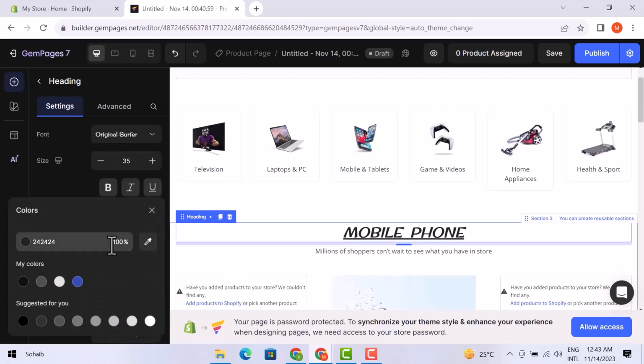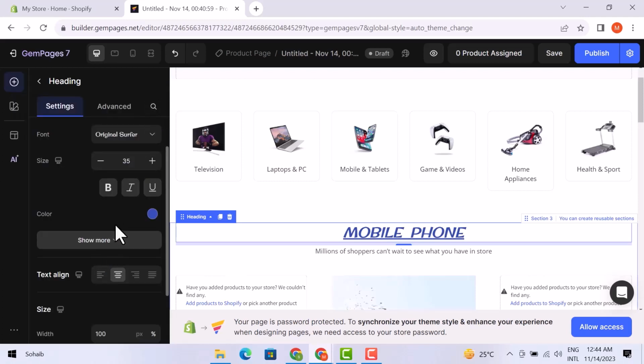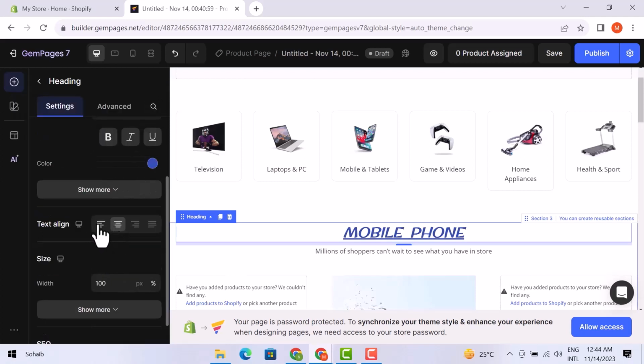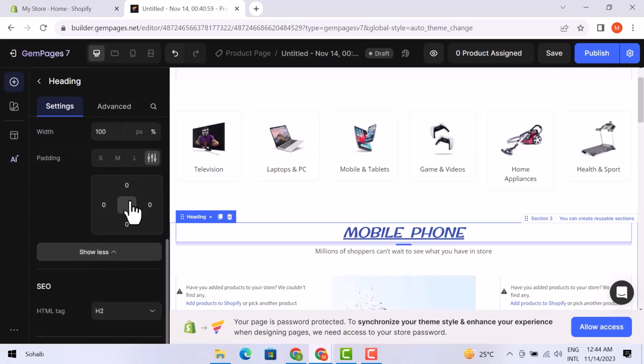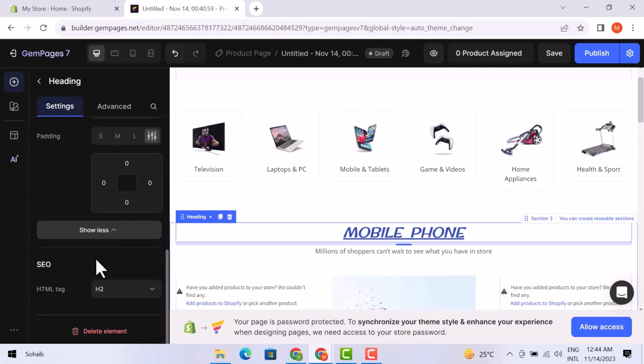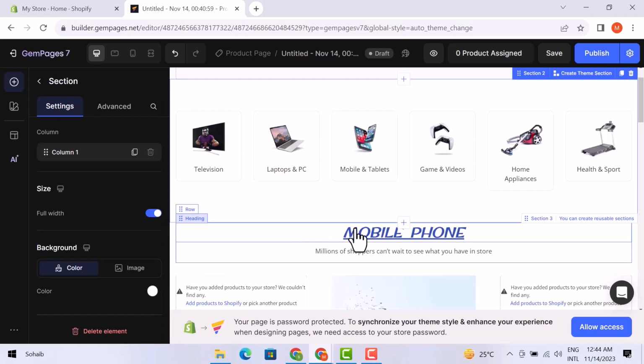From here, you can select the color of the text. You can add the color that you want. From here, you can set text align. Here are different other options. You can have a look at them. Once you are done with the heading,